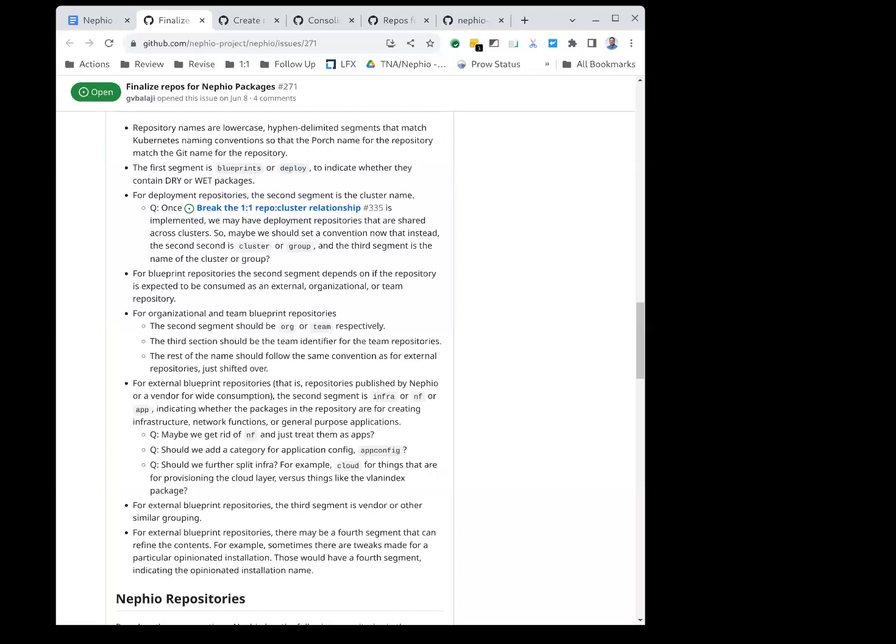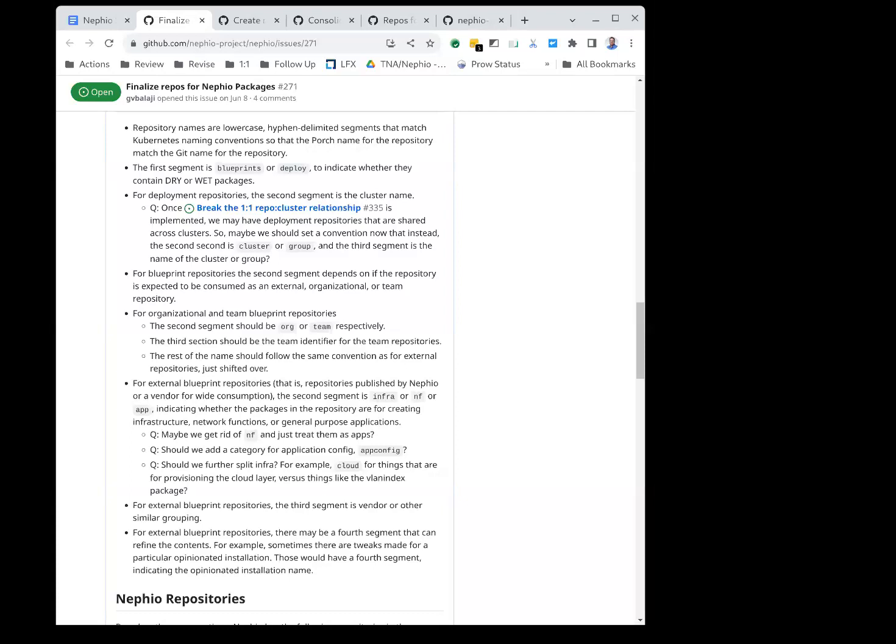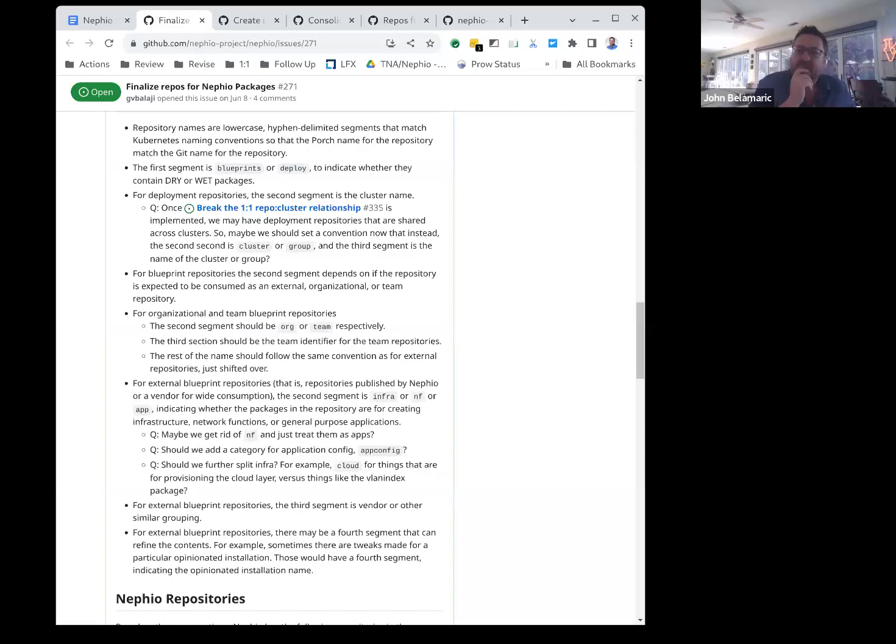Oh, I see. So you want a convention that's not just for the Nefio project, but for users as well. That's what you're trying to do. Okay. If that's the case, what we can do here is keep it flexible and say there are multiple segments. Here's an area where you can add your own segments, but the first segment is important and the last segment is important, while the segments in between are up to the hierarchy of a specific organization. Yeah, we could probably do that. That would be fine. And we separate the segments with dashes, right? That's an assumption that was made here. Yes. Okay.